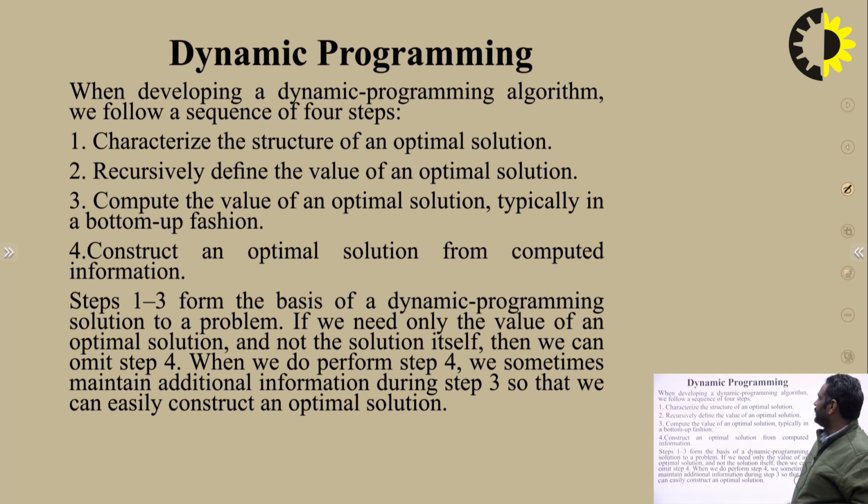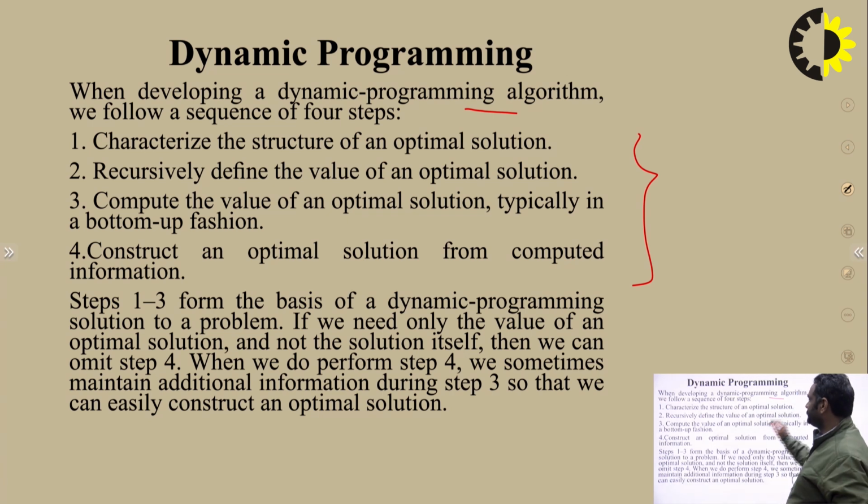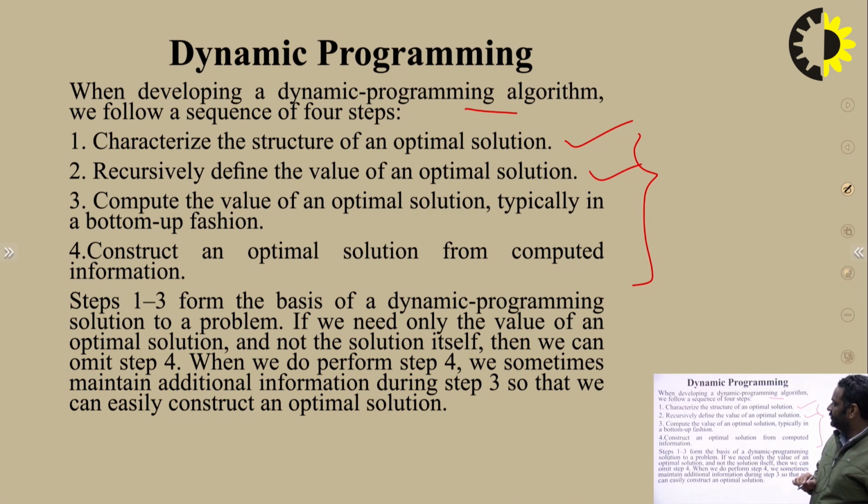When developing a dynamic programming algorithm, we follow a sequence of 4 steps. These are the must-follow 4 steps when we solve a problem by means of dynamic programming. First step is to characterize the structure of an optimal solution. So we need to find what the problem is, and thoroughly check the real problem. Then recursively define the value of an optimal solution, and then compute the value of an optimal solution, typically